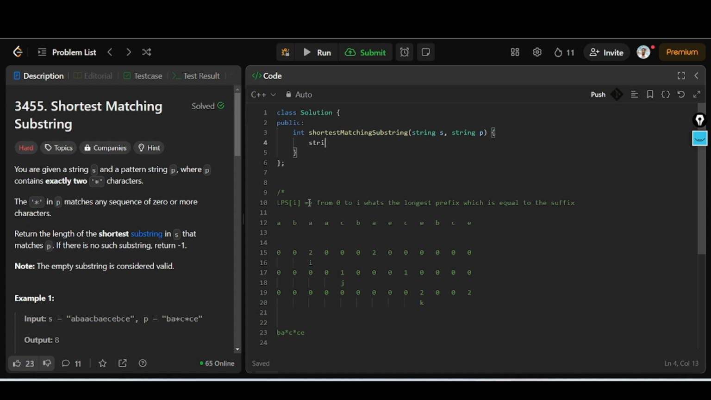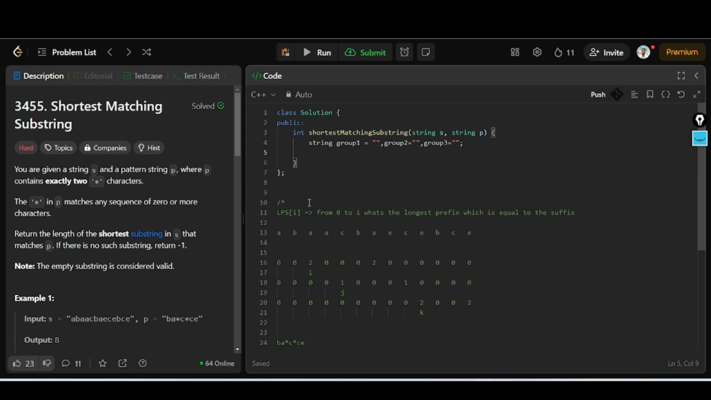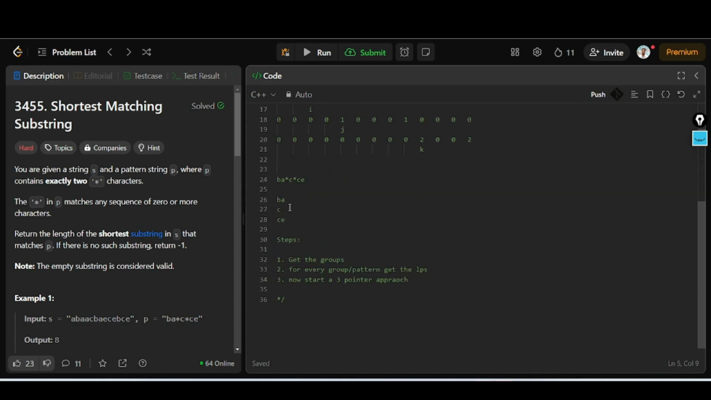So the first step will be creating the groups. Let's have group 1, group 2, group 3. Here we are going to create the groups, right? But we want to know which group the string that we are going to get between the stars belongs to, right? Which group this string belongs to,